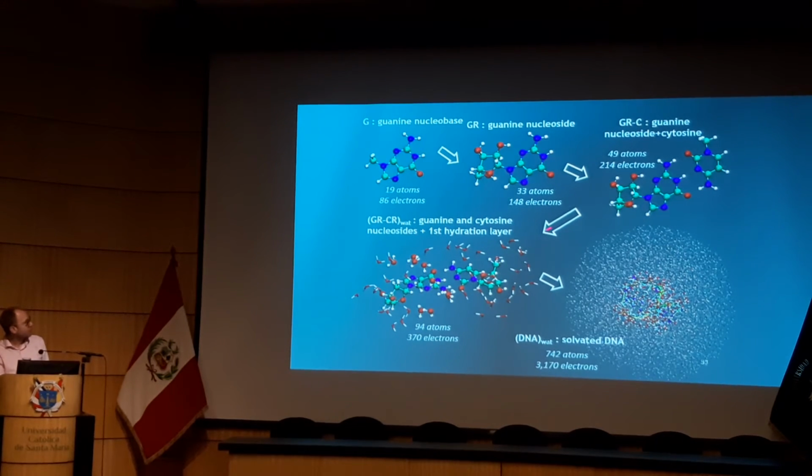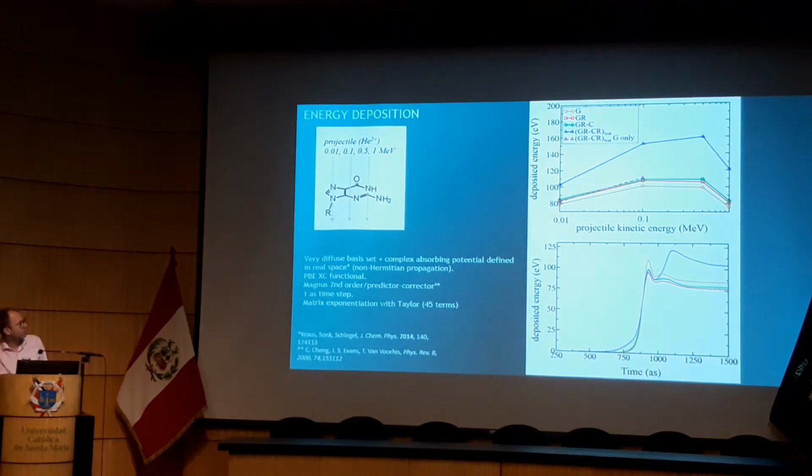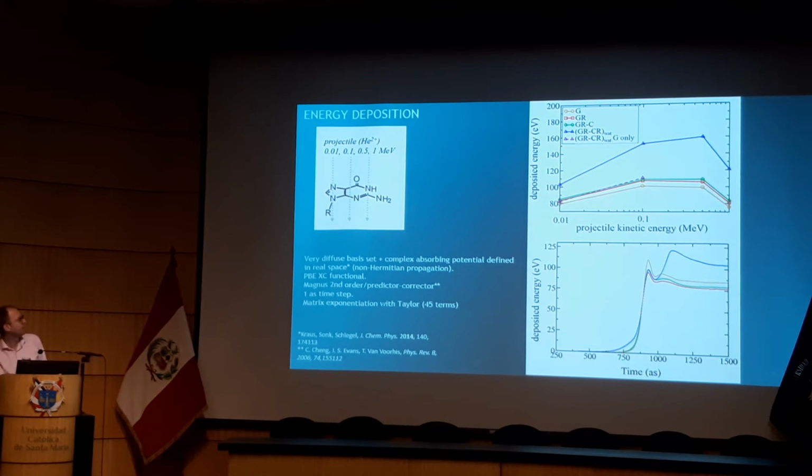And for each of these simulations, we decided to collide the guanine in the same conditions and to see what the differences were between the different cases, to see if the environment was changing something. So we did various simulations. I will essentially show you simulations that are hitting in the center. What we found, this is here the energy which is deposited in the system as a function of the projectile kinetic energy. And you see the blue curve, which corresponds to this big system, which is clearly different.